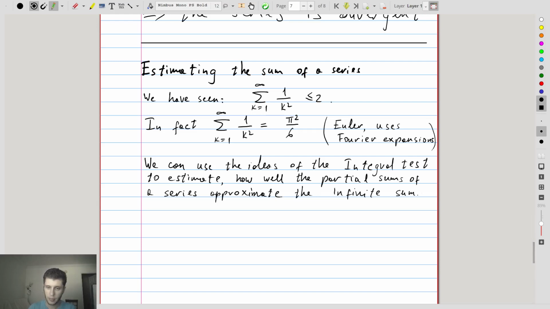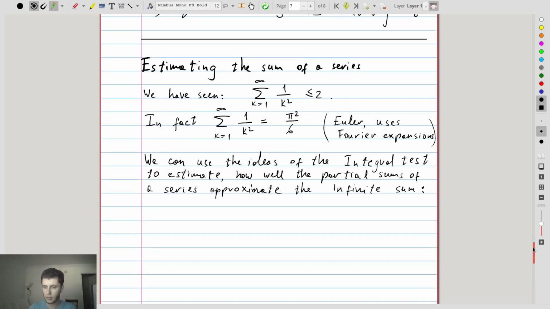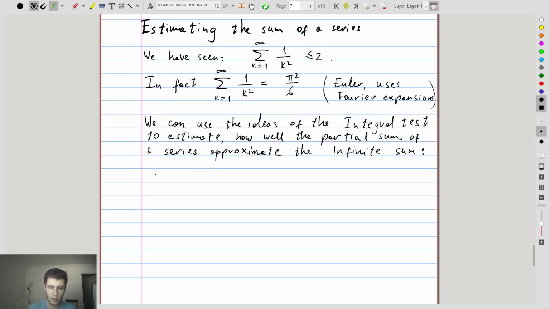So we will think about the difference between the infinite sum of a series. So suppose we are given a series. Okay, let's start from the beginning. Given a series, the sum of a_k, k from 1 to infinity. Suppose it is a convergent series. It has no negative terms, and its infinite sum is s. Right? So we don't know what s is, but it's just some finite number.